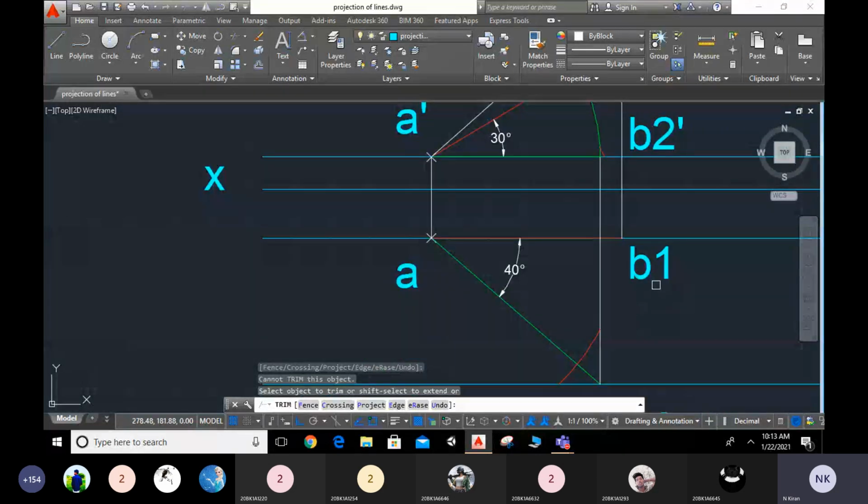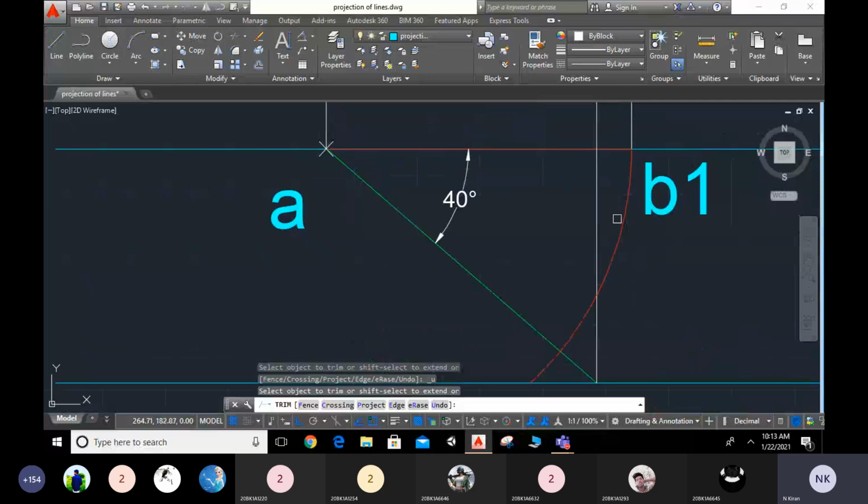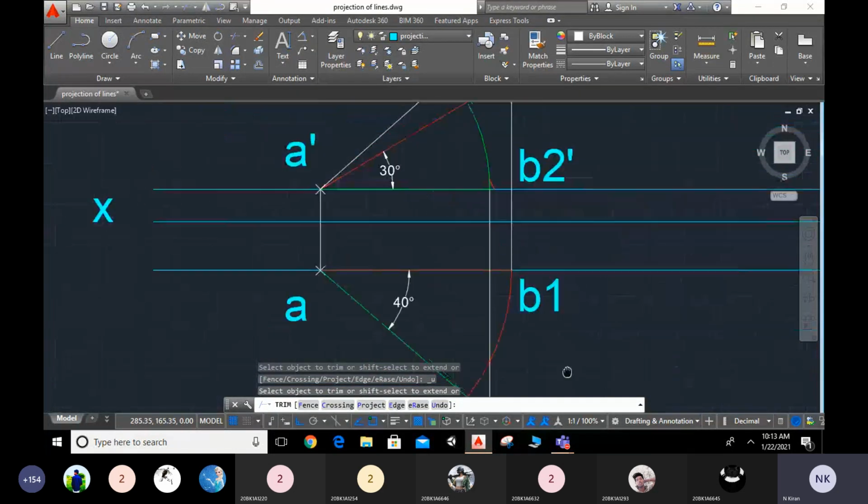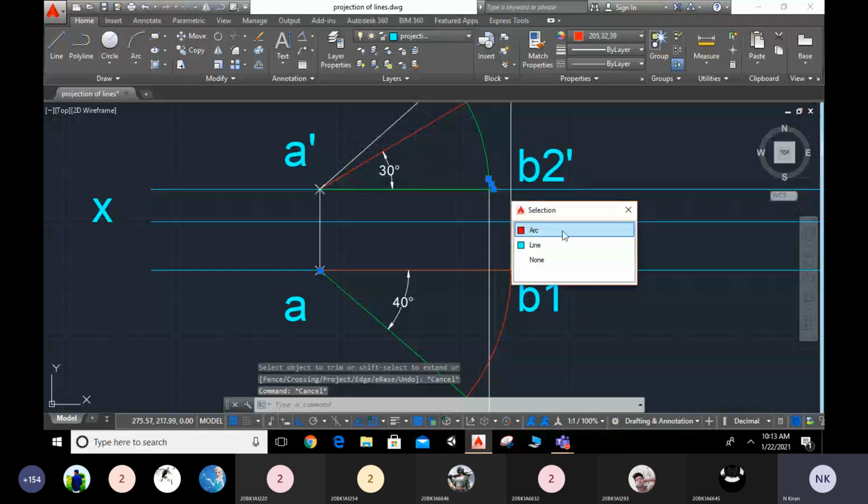Here also trimmed. Control Z. This is the arc we need. I should not trim this one. Escape. Now, which is the excess? I will delete this one.